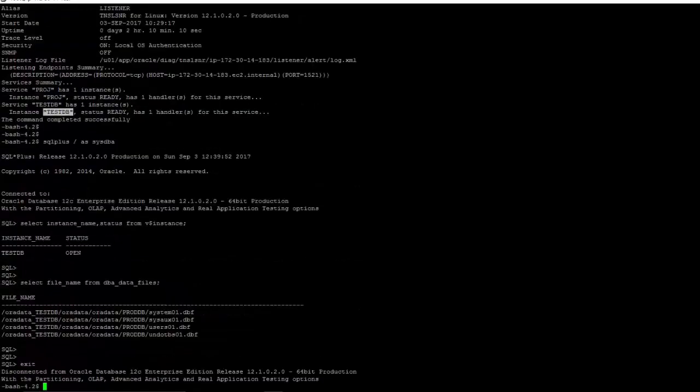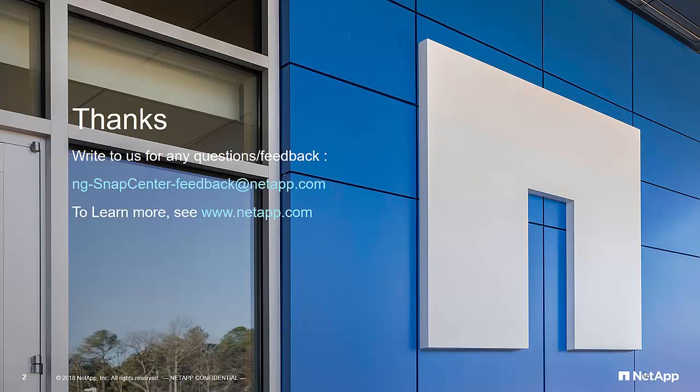Thus, you have learned how to quickly clone dev test to an AWS cloud for a production database running in